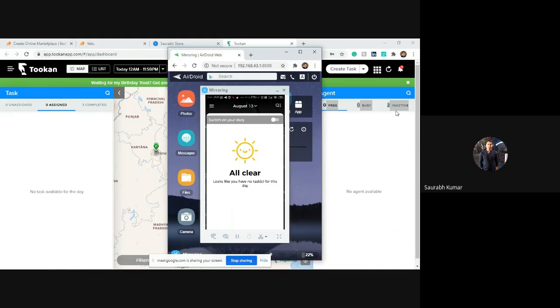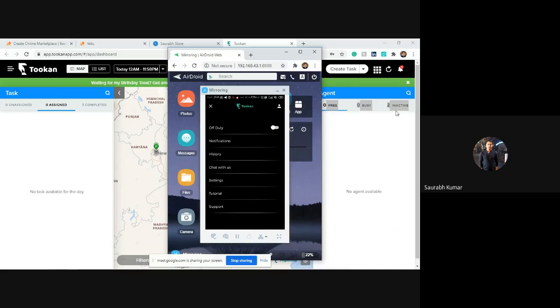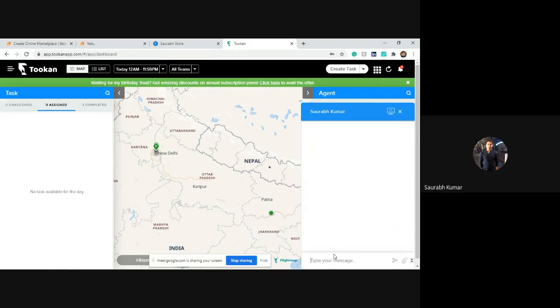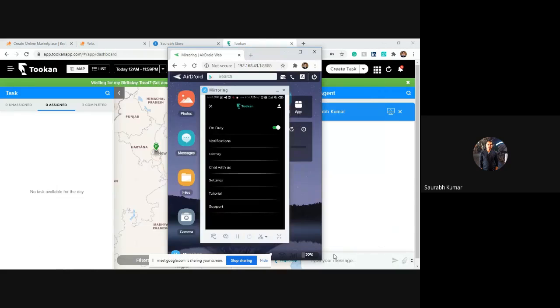Okay. Fine. So I hope this much is clear. You have a few more details available, like you can chat with the driver as well. Suppose you want to chat with the driver because you have some query, or suppose the driver has any query. So let's see. He went to chat.